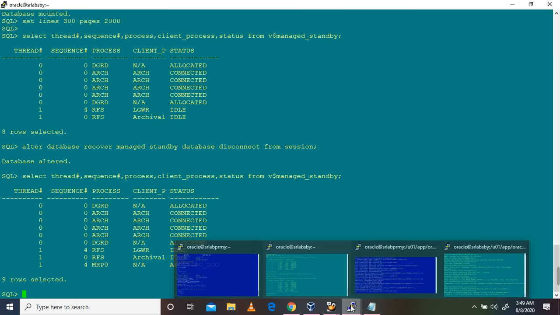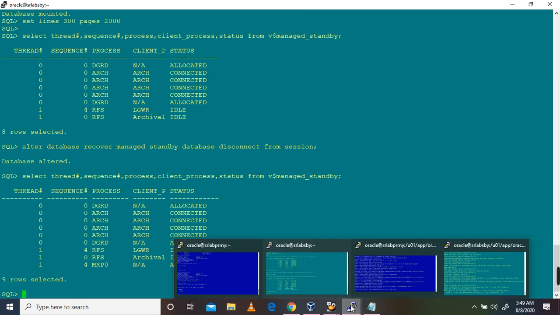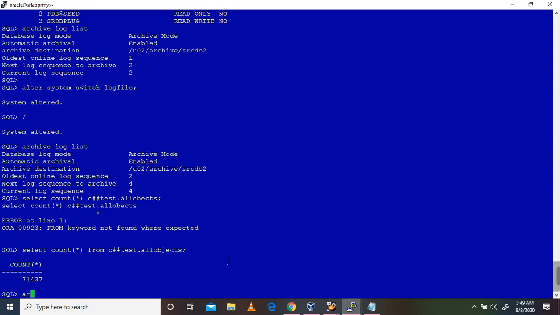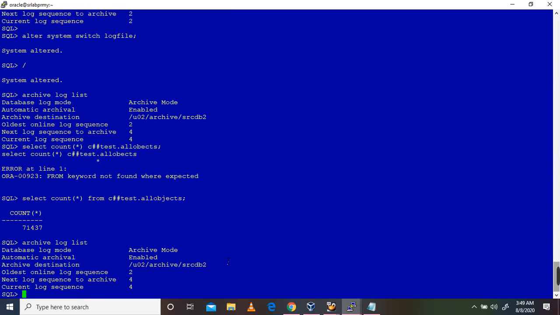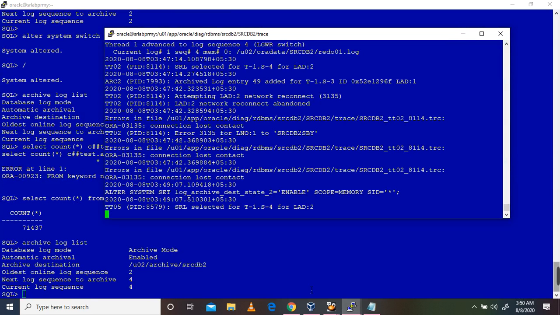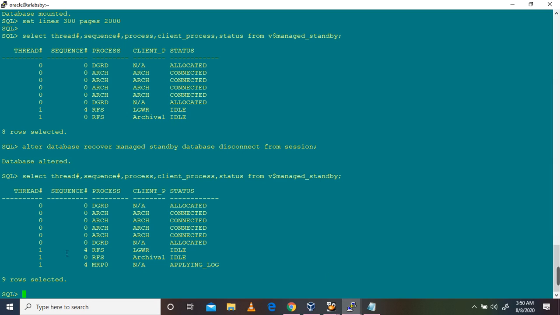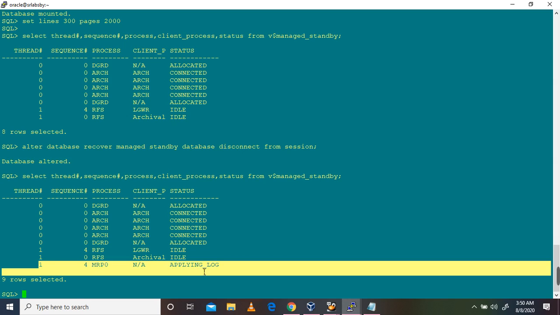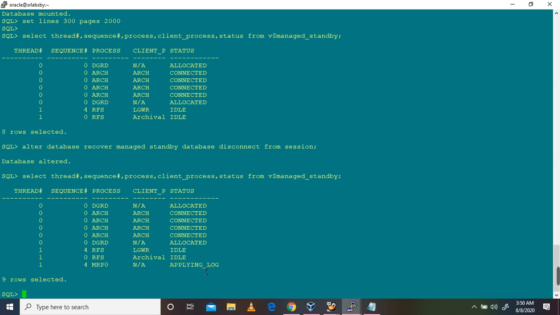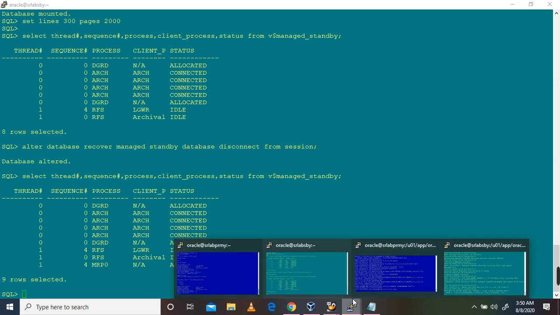It has been reset to the newest incarnation, like you can see here in archive log list, max log sequence number 4. Logs are applying 4. Okay. So the standby database has also been reset, flashed back to that incarnation.